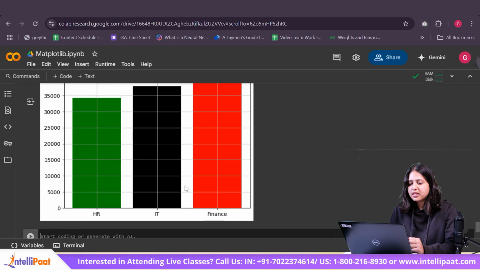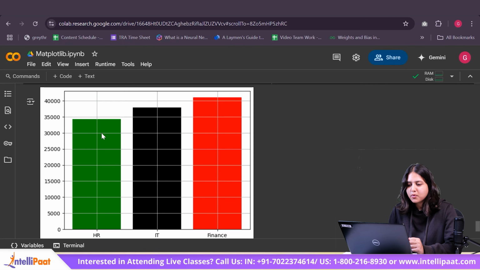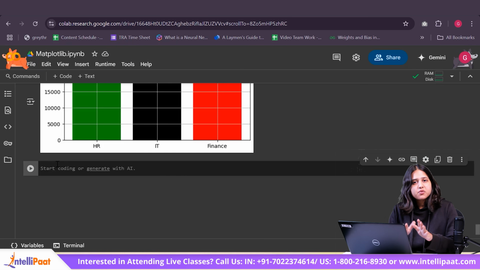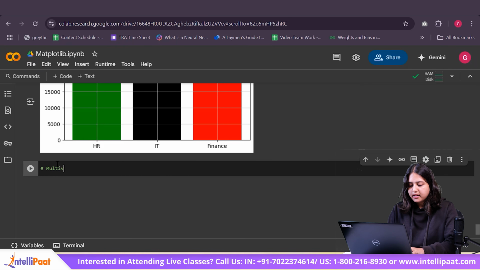Right now I just have three columns and the values are really small, so I could even look at the data. But when you have a larger number of columns and larger values, visualizing your data becomes a much easier, or you can say efficient way to understand what the data is trying to tell you, right? So with this we finish our bivariate analysis. Next comes our multivariate analysis.